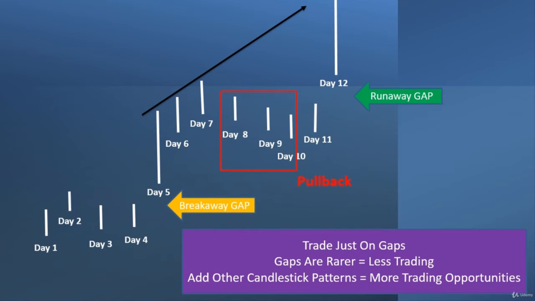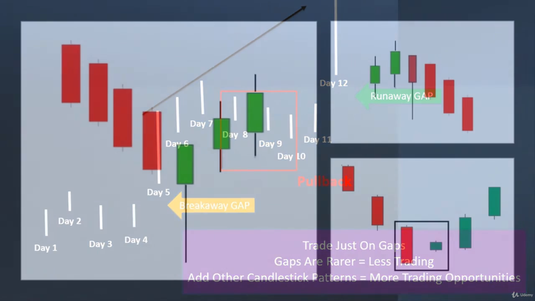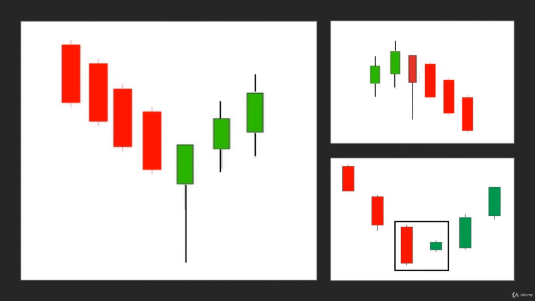And as you add more candlestick patterns, for example, that might equal more trading opportunities. So maybe I really trade gaps, but I might look at one or two or three candlestick patterns that I know inside and out. So if I see a rising window, or I see something, then I know how I want to act. For example, here, do you see these candlestick patterns? Do you remember which ones are which? It's okay, you don't have to remember the names. You just have to understand the concept at this point, as far as what's happening with them, whether they're trending up or trending down, or there might be a change in the trend.